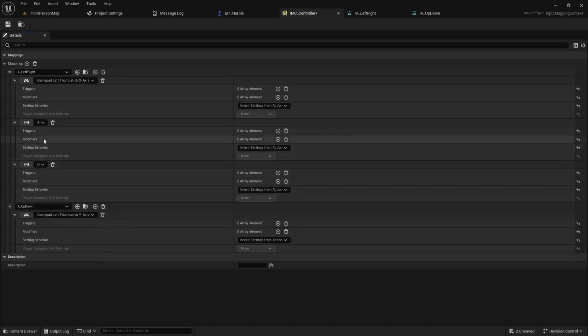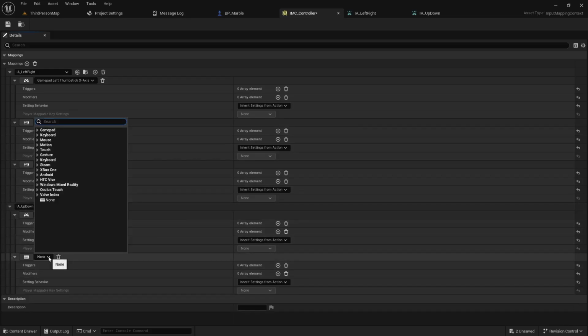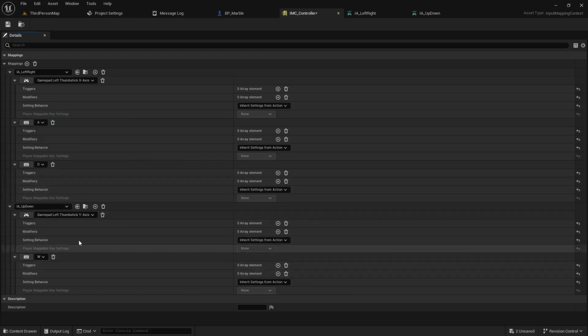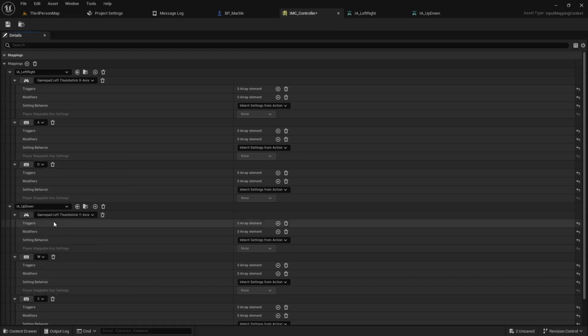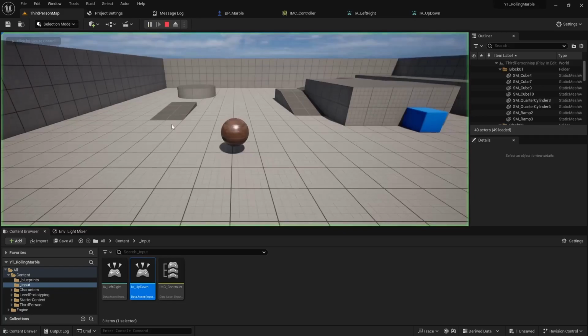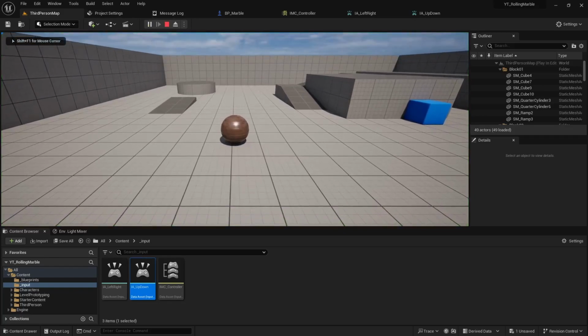Now there's an issue with this though that we'll get to in a second. Let's go ahead and add it for the up down as well. Up down would be WS typically. So keyboard W and keyboard S. Okay. The reason this is going to cause an issue is because on a keyboard it doesn't know what's